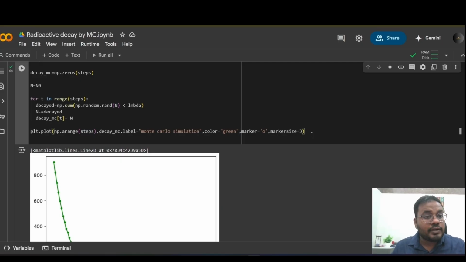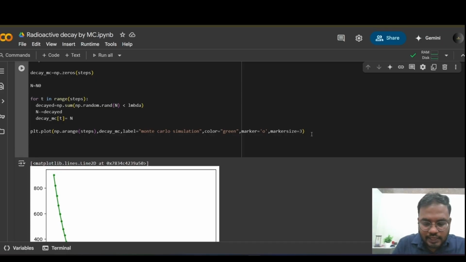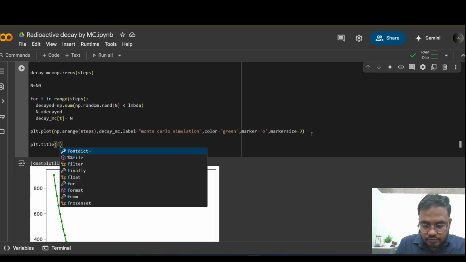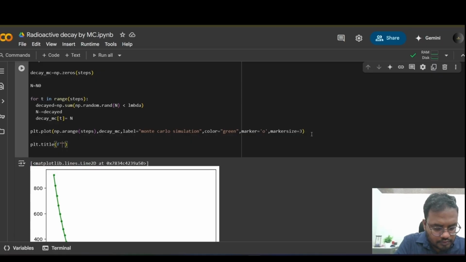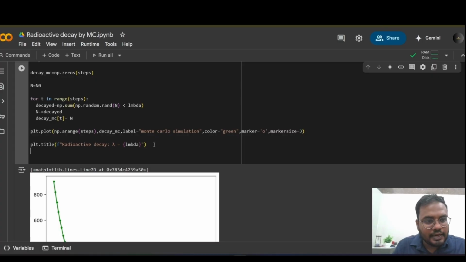So now it's time to organize things for better understanding. So start from the title. So plt.title of radioactive decay, then lambda. Here I used simple LaTeX. It's very easy in Google Colab.